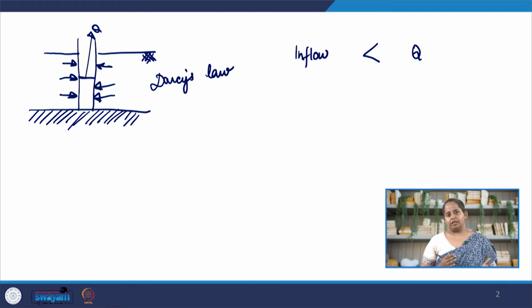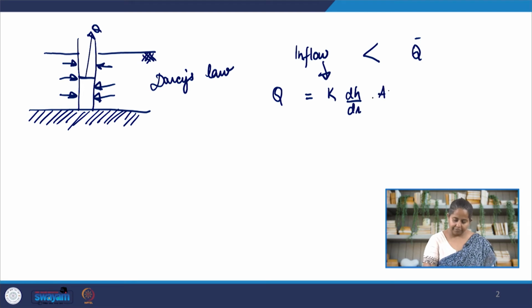This is where the modeling comes in, and it's a very simple modeling, and we are going to see how it works. Whether it is a confined aquifer or an unconfined aquifer, the approach is the same. We use Darcy's law. If you remember, Darcy's law says that the flow of groundwater, which should be equal to the extraction flow, so inflow, is basically the coefficient that we had, and then the hydraulic gradient, which is driving the movement of water,